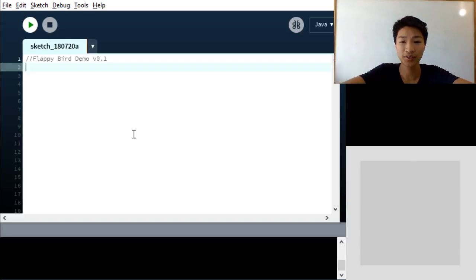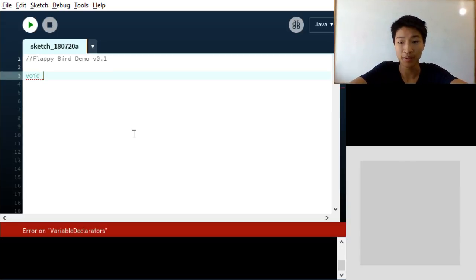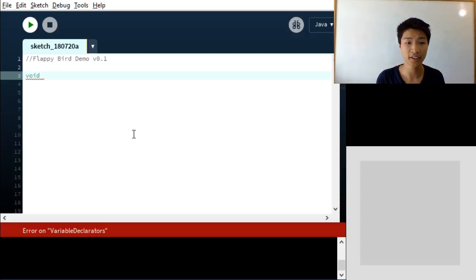So let's create those two functions. Because they're not returning anything, they're going to be of type void. And in processing, you rarely have to use the public keyword because it already knows that most of the things you're going to be using are public. So void